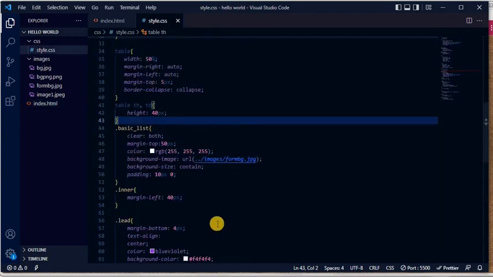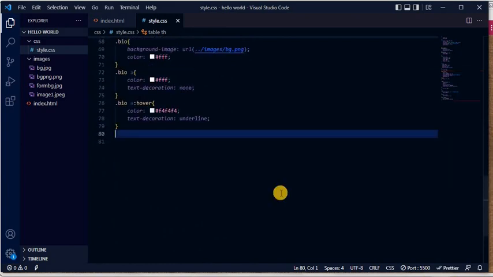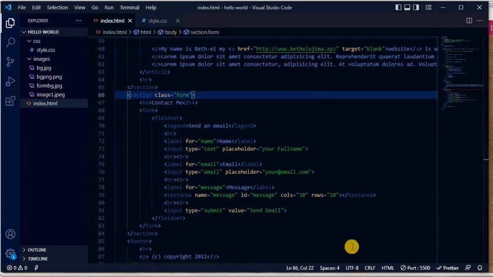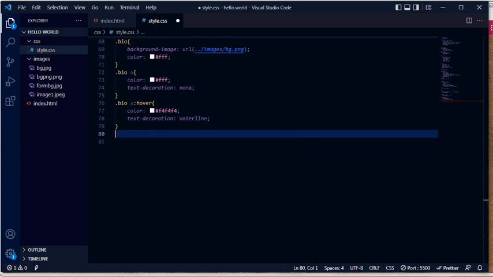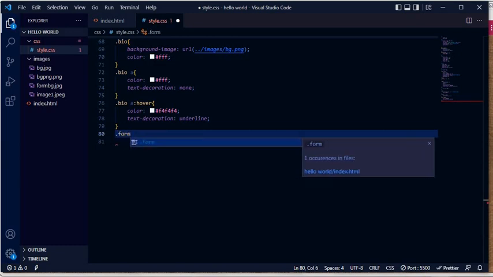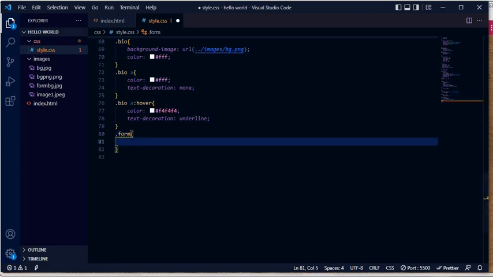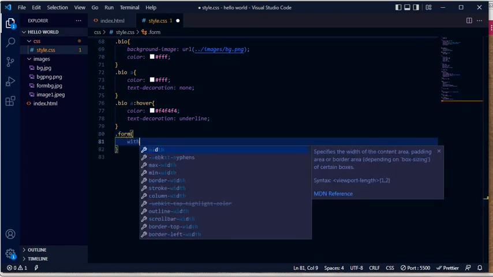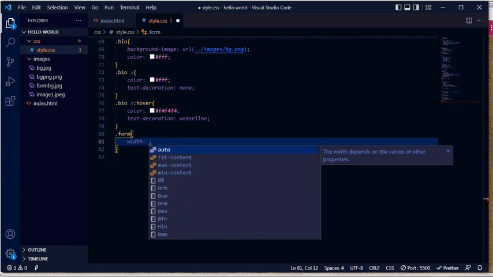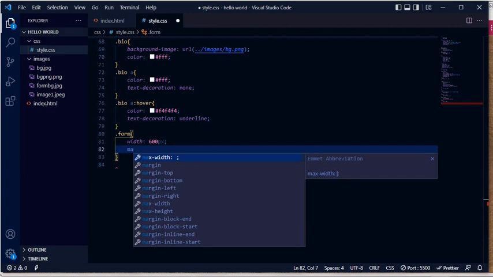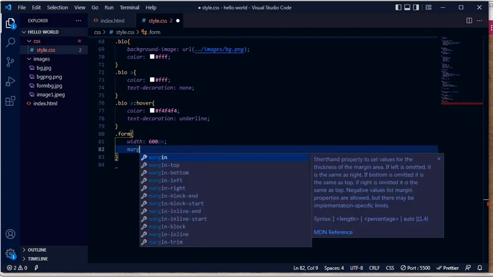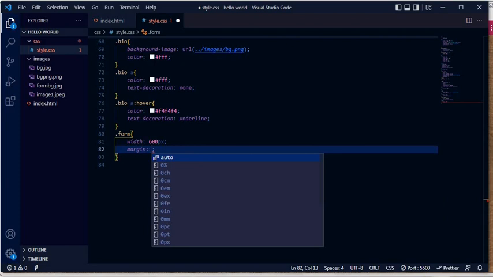So we'll get the form, we'll pick it up here, we'll target it since it's a class. Like you can see, we named it a class, so we could just pick it up here and start styling it. So we'll go form, the class form, and what do we do to it? We want the width of our form to be 600 pixel, and we want the margin to be